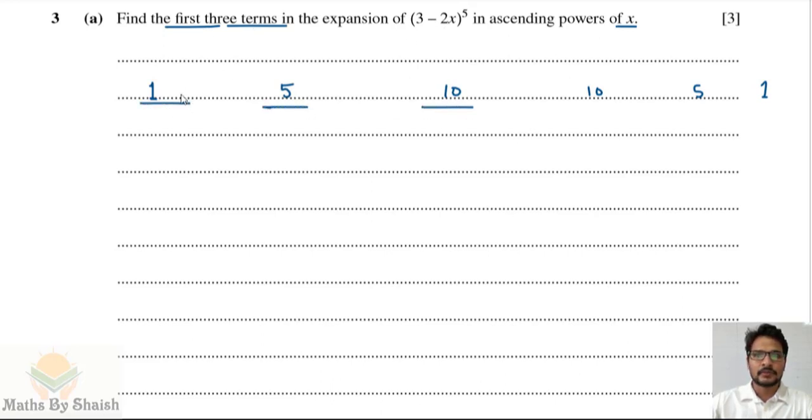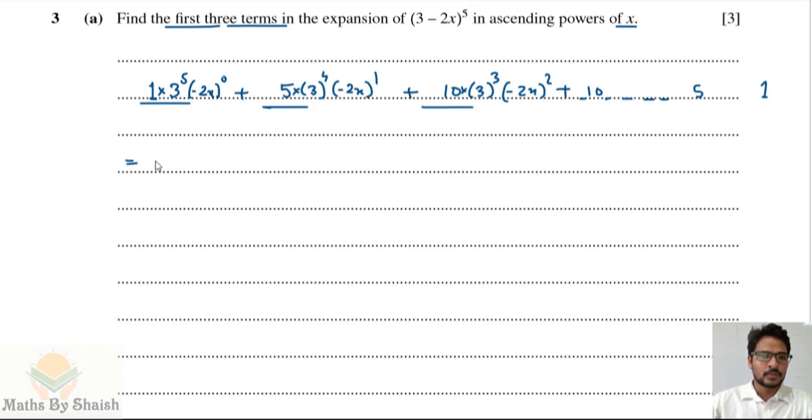terms, and so from here it is going to be the first term to the power 5, second term to the power 0, plus first term to the power reduced, now it is 4, and second term to the power 1, plus first term to the power reduced by 1 more, that is 3, and second term 2x to the power 2, plus and so on. We don't require this, so it's not required to write, because we only require the first 3 terms in this